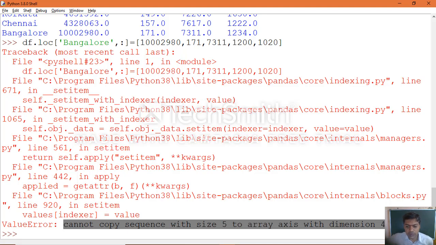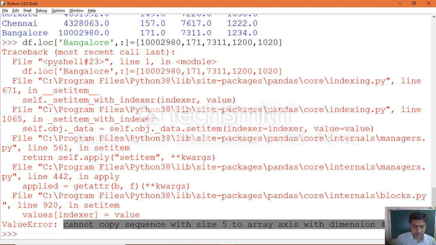The data frame has only 4 dimensions, but we are trying to give size 5 instead of 4. That is the error which occurs. So we should be more careful while working with a data frame object: when adding a new column or new row, we need to apply it based on the existing data frame object, otherwise we will get an error.